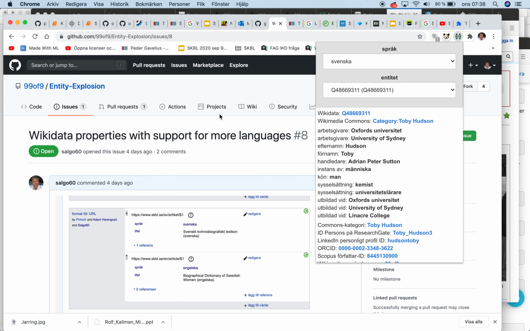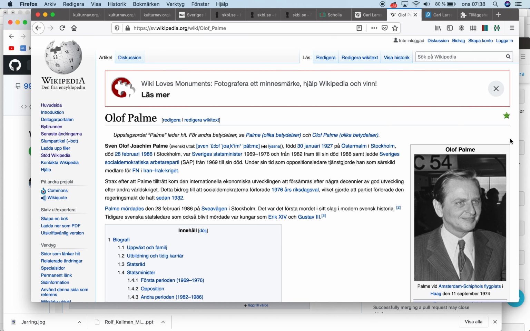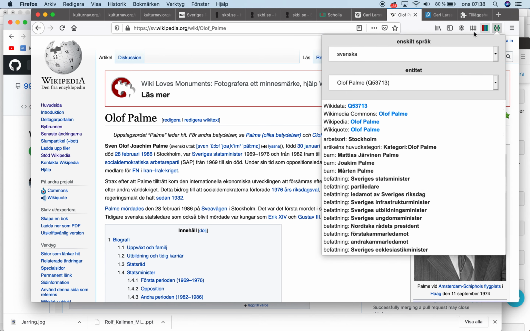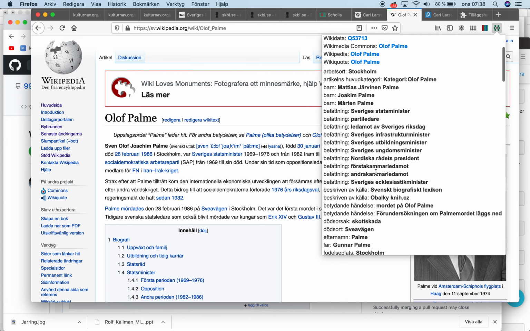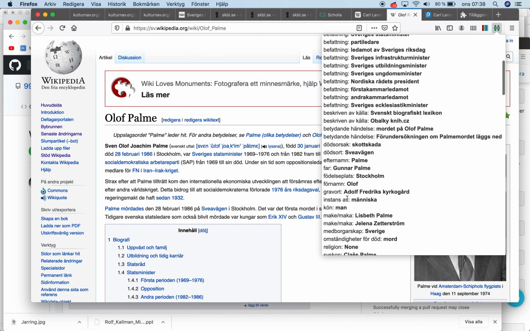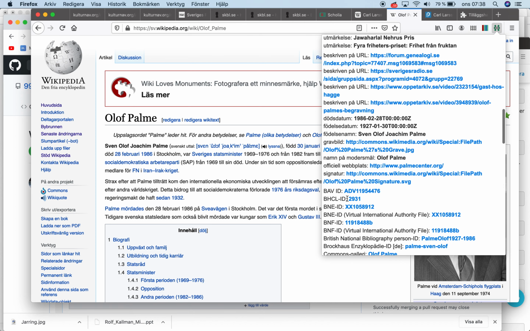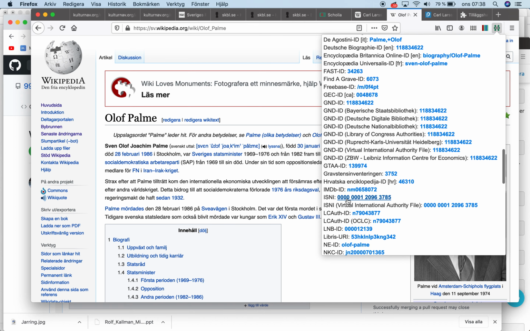Chrome. So it's called Entity Explosion. But if you look here on the article about Palme, and then you can, oh sorry, it's wrong. Then you can click on it, and if you have selected Swedish, you get the metadata, and then you get external identifiers down here. And now when you are